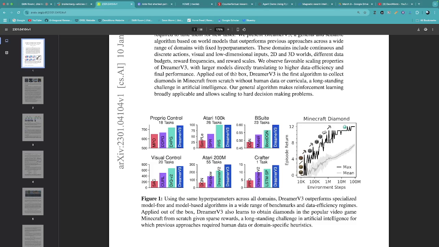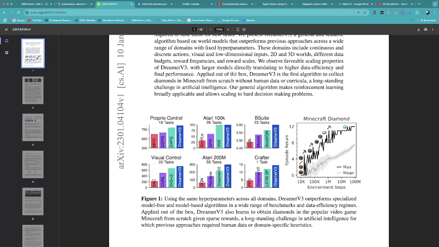And then this Minecraft Diamond, which is where it needs to learn this task of mining diamonds in Minecraft. I guess maximum performance is in black, and then the mean performance is in gray. So they always highlight the maximum performance. And then applied out of the box, Dreamer V3 also learns to obtain diamonds in the popular video game Minecraft